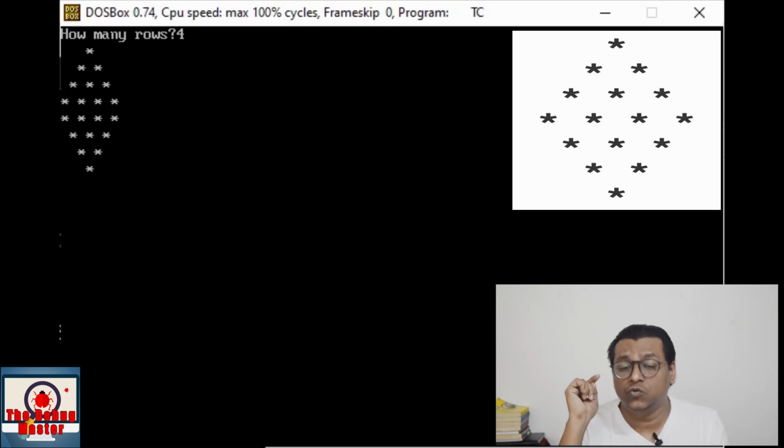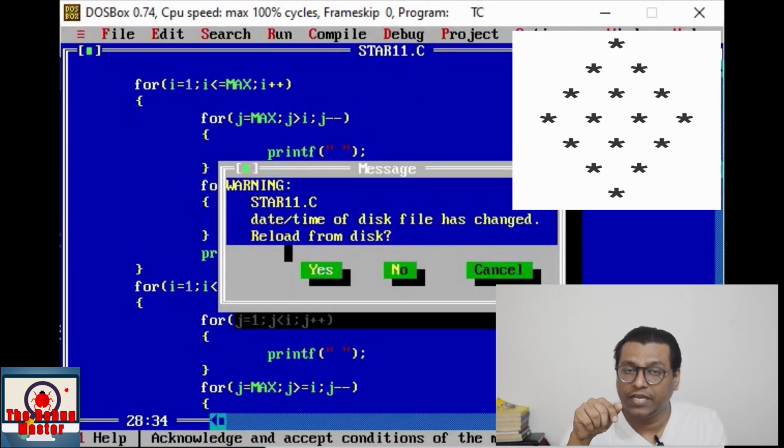Now just to get the exact star pattern which is displayed in the image, we can simply skip the last equal to condition of the first pattern, or the first condition of i is equal to 1 for the second pattern.